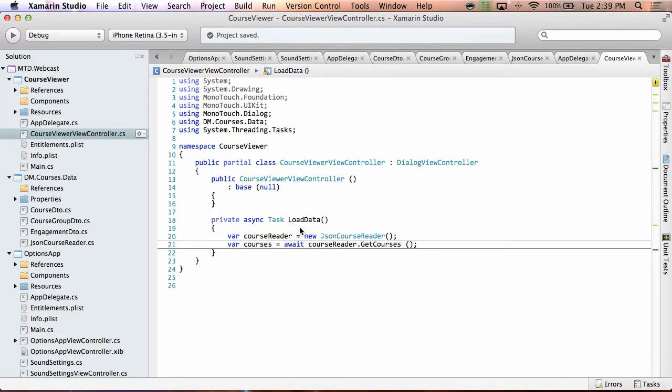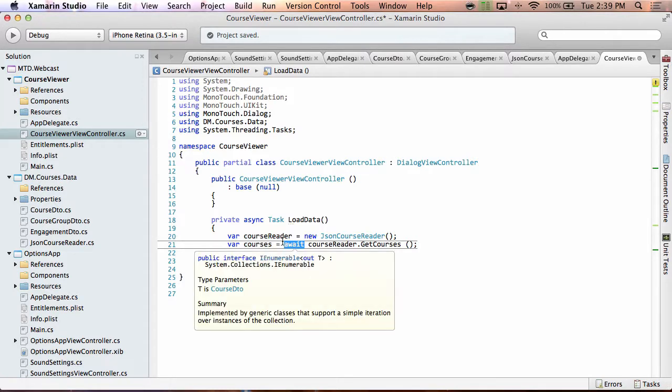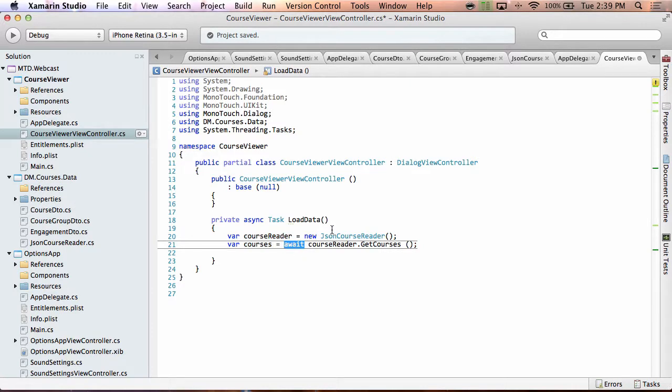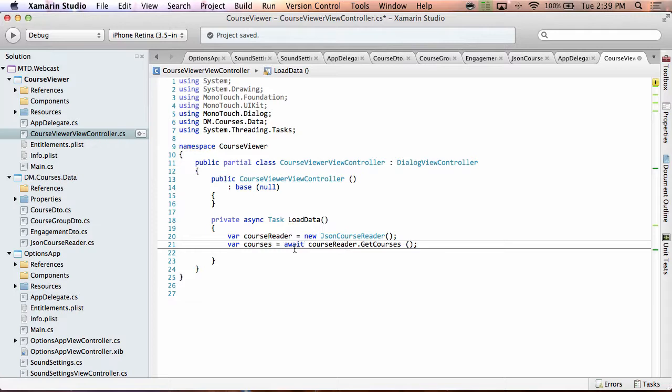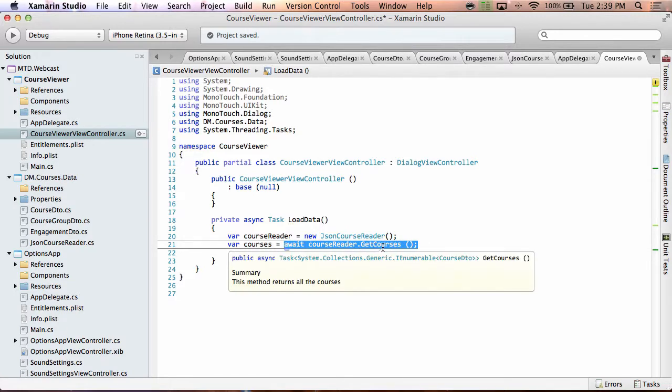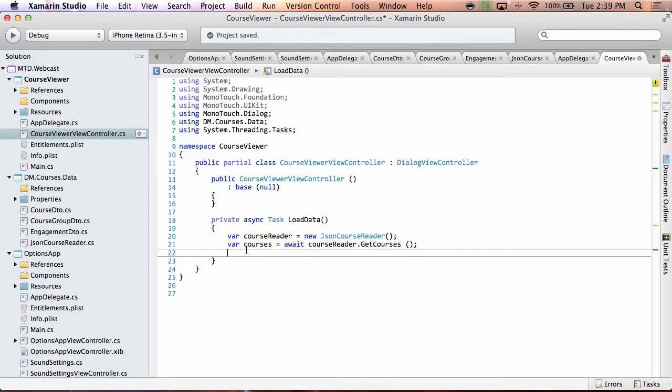All right, so this will return me all the courses. Now, this await keyword, if you're not familiar with it, is a new C# 5 feature, and it allows me to essentially provide some asynchronous execution on this single thread. So essentially, the UI thread will continue execution while this code right here, get courses, goes off and hits that web service on a background thread. And then the UI thread will come back and begin executing the remainder of this method once we've actually retrieved